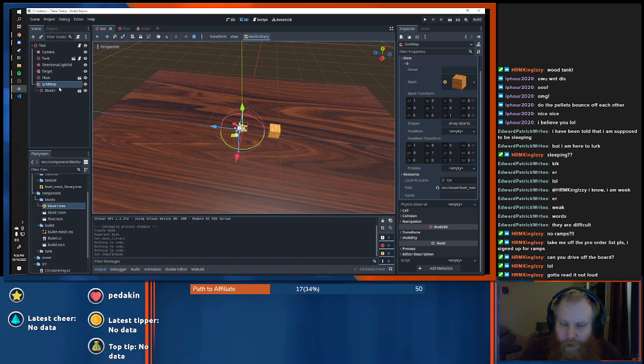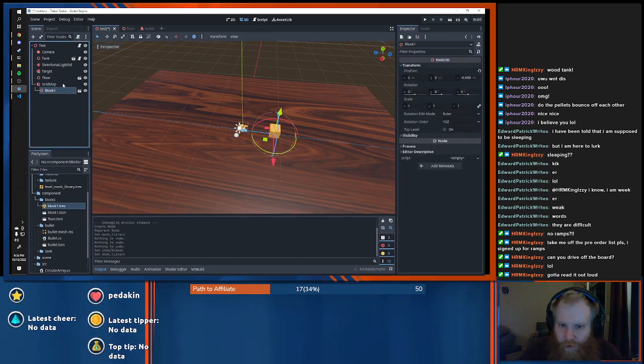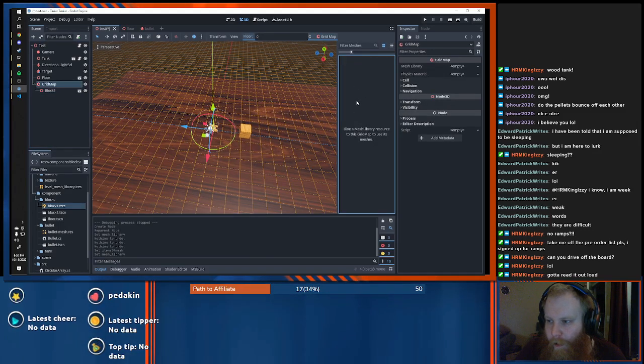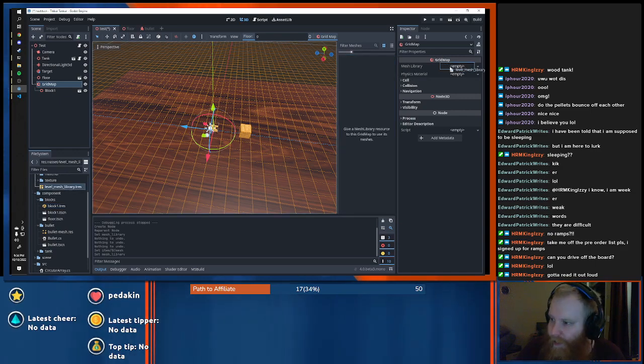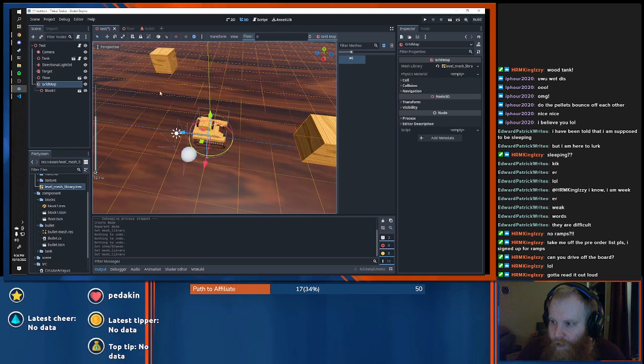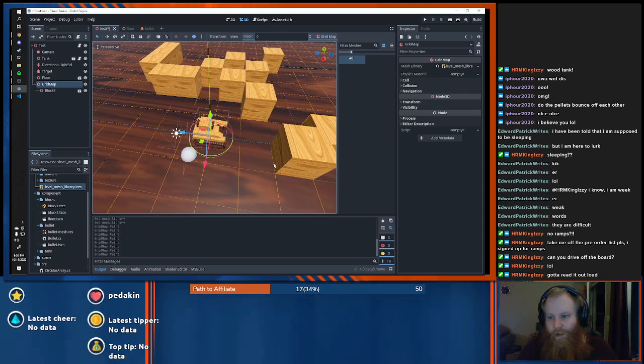If I get rid of the mesh library, does that... See, it would be really helpful if this popped up when I actually put the mesh library in there. There we go, mesh number 0. How about that? Now I can draw with that. That's really, see, that's cool.